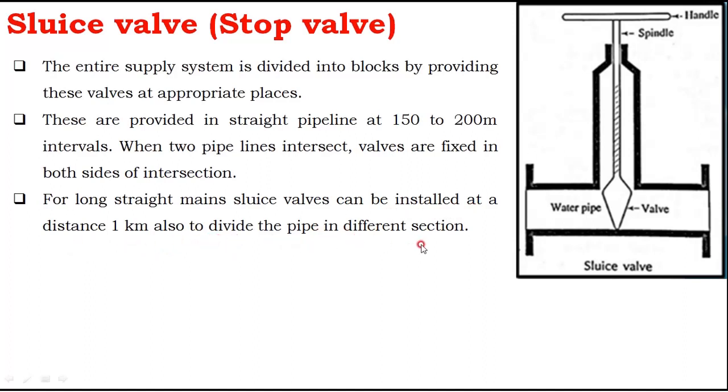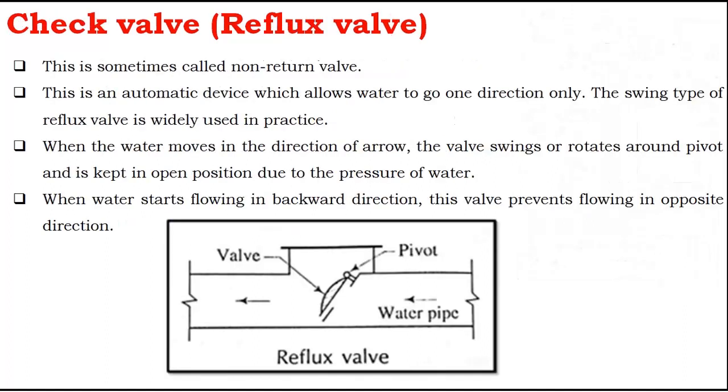to divide the pipe into different sections. Dividing the water into different sections, different blocks, is very important so that you can arrest the pressure. If you provide one continuous pipe for kilometers together without any sluice valve, then if any pressure builds at one point, it will affect the entire pipe system throughout the kilometers of distance. Therefore, we should always break the pressure. Therefore, we need to provide sluice valves.